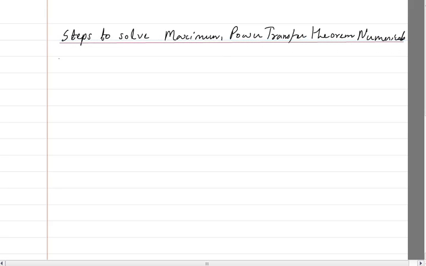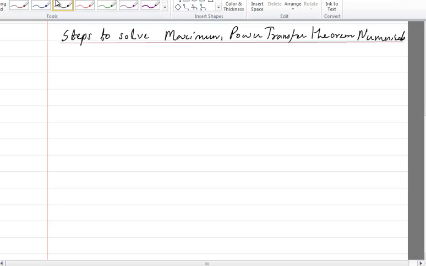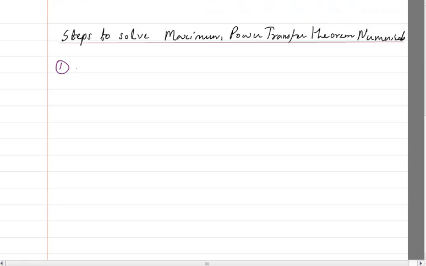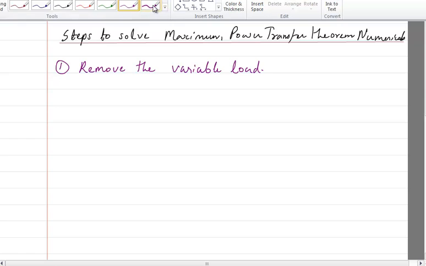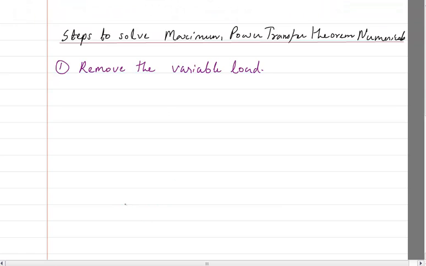Okay, so let me write the steps one by one. The first step will be that whatever be the circuit, we have to remove the variable load. Let me draw here with an example, otherwise you all may get confused. Suppose there is some source here